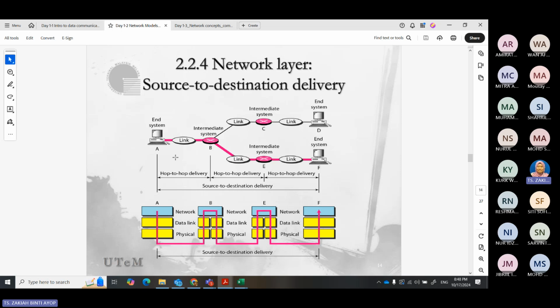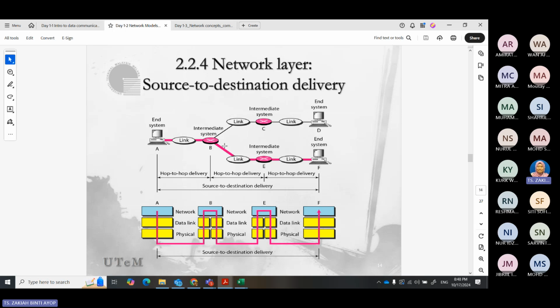So from A it should be sent to B, so I need to have B's MAC address and add it on this layer. After we have confirmed the hop to hop delivery address, and also the source to destination delivery address, we can convert it into bits and send it out.